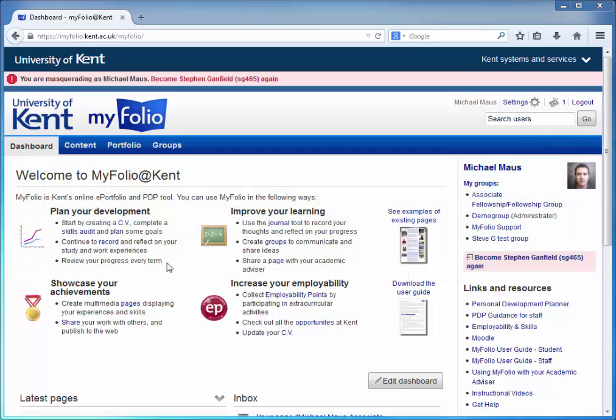Hi, and welcome to the fourth in a series of screencasts that will introduce you to the University of Kent's e-portfolio system, MyFolio, and the functionality that will aid you in recording and presenting evidence for either the Associate Fellowship or Fellowship Evidence Record. In this screencast, we are going to show you how to create your evidence record journal